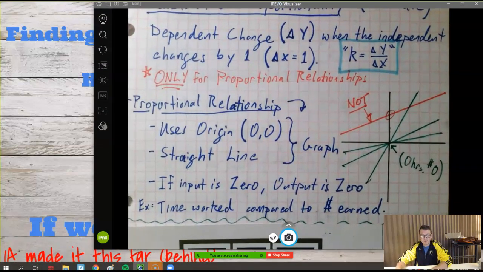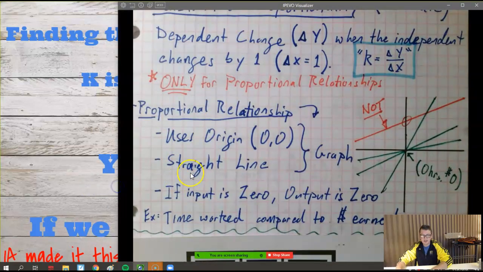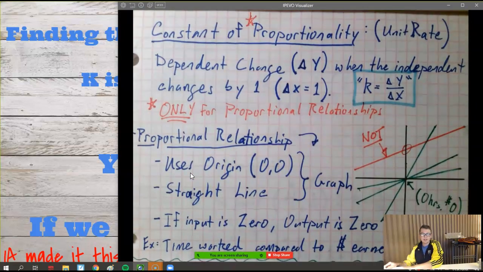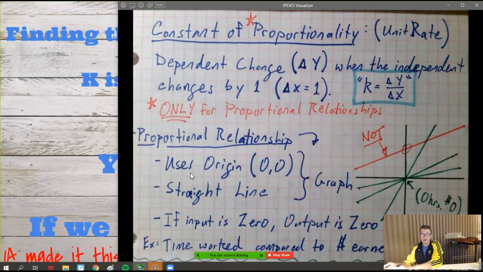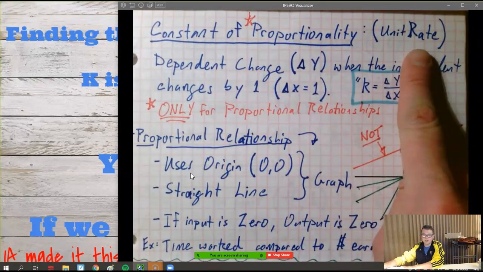I know Stella takes really good notes, but who else could tell me, do we have this stuff written down? It was at the end of class? No, we did not. Okay, so this is what we need to write down. Thank you very much. So last time we just started talking about constant of proportionality, which is also called the unit rate.